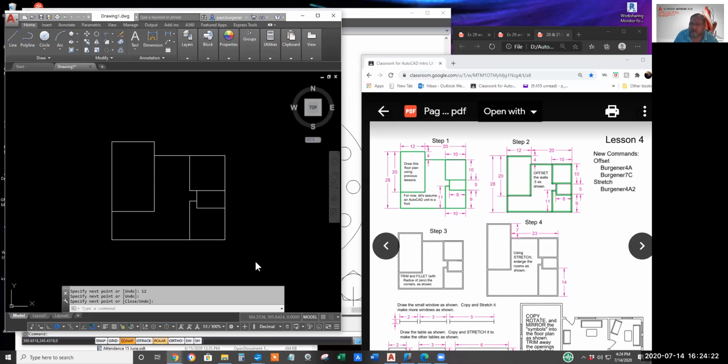Again, don't worry if you don't do it. Anyway, we're going to use the offset command to replicate these. In this case, since the lines are all horizontal and vertical, the offset command is not much, if anything, different than the copy command.